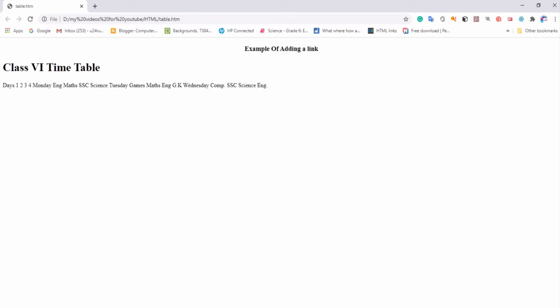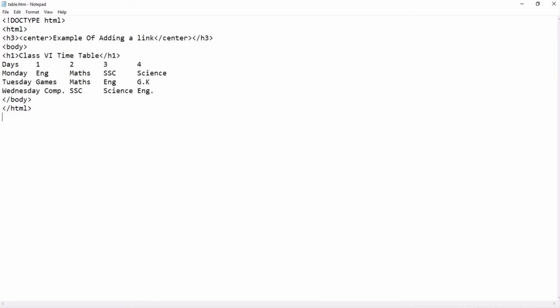Now let me change the heading also here, tables, okay, fine. After that, now I have to use the table tag before the text that you entered for the table, okay.